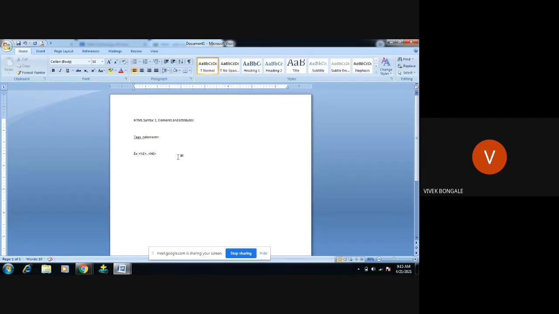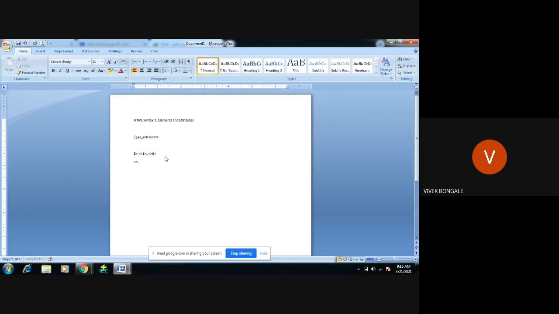In an HTML element, we have two basic properties. Within this element we write either an attribute or a content.